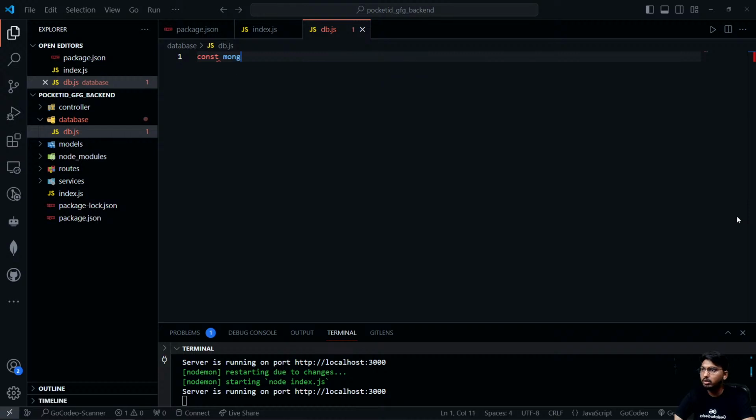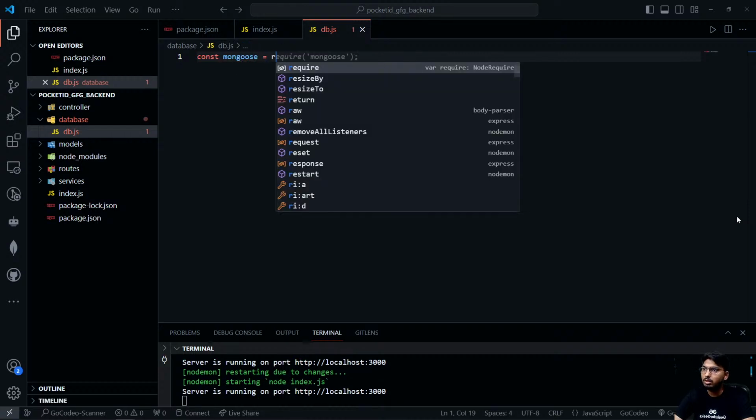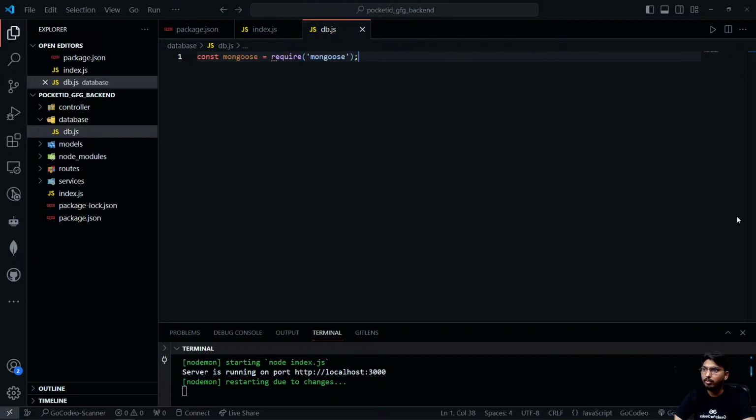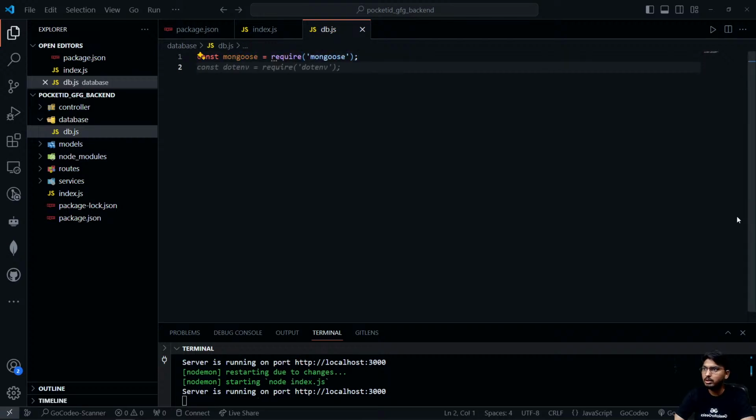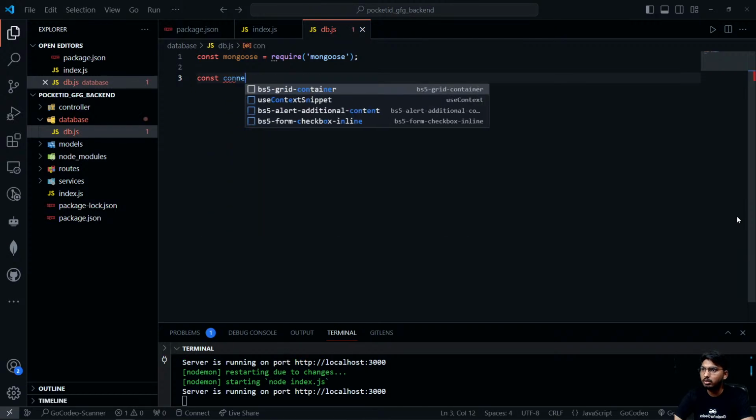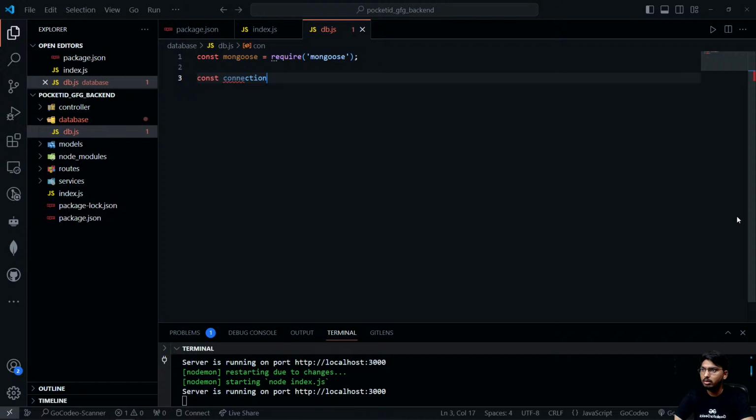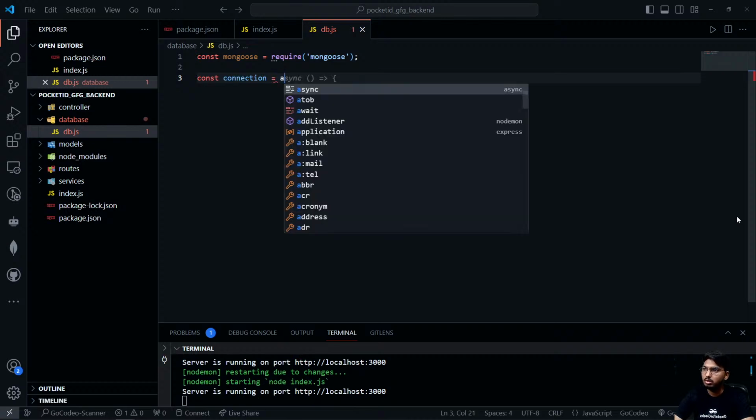And inside the const, what am I going to write? const mongoose equals require mongoose. Firstly, I'm calling mongoose there. And right after that, we are going to set a connection. So const connection equals